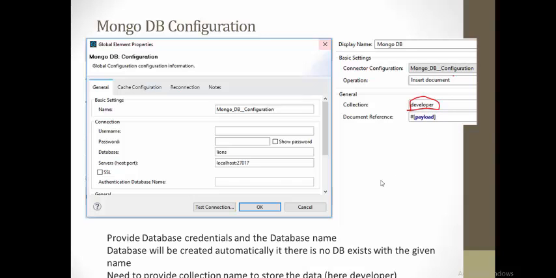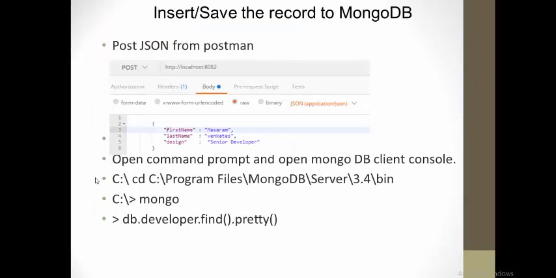Okay, this is the configuration required to insert a document into MongoDB, and I am sending a request from a Postman client. So this is the document I want to store into MongoDB: first name, last name and designation. Once the document is stored, you want to test whether the document is actually stored in MongoDB.